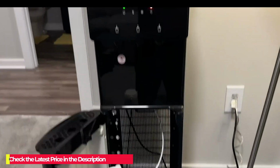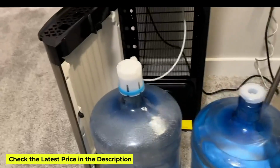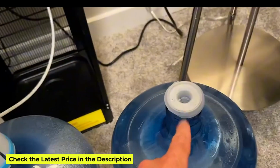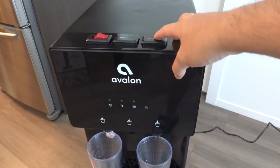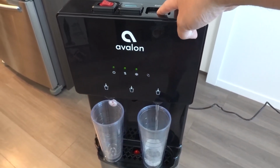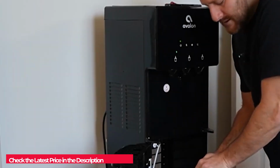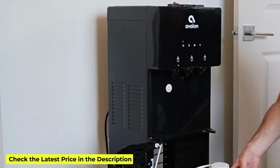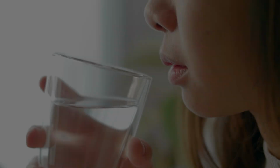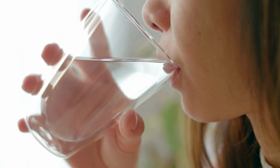It can accommodate 3 and 5-gallon water jugs, which are loaded into the stainless steel cabinet at the bottom of the unit, and it has an empty bottle indicator light that lets you know when to change the jug. The unit is ENERGY STAR approved, and its high-contact surfaces are treated with BioGuard antimicrobial coating to prevent bacterial growth. Plus, the cooler has a night light that makes the spouts visible in low lighting and a child lock on the hot water button. We hope you found the perfect water cooler to supply your home with clean, great-tasting water